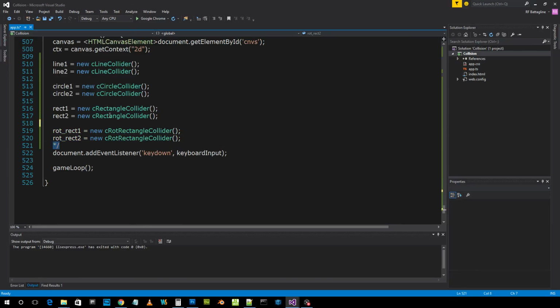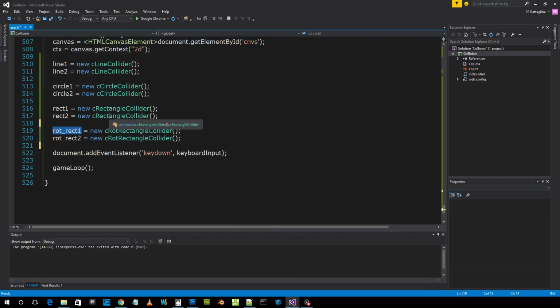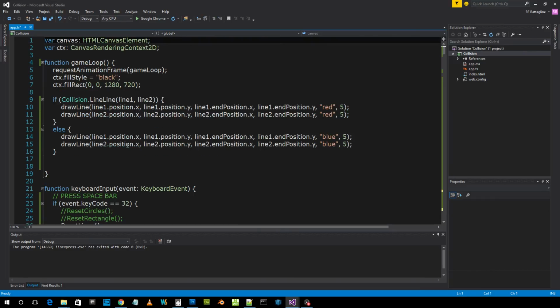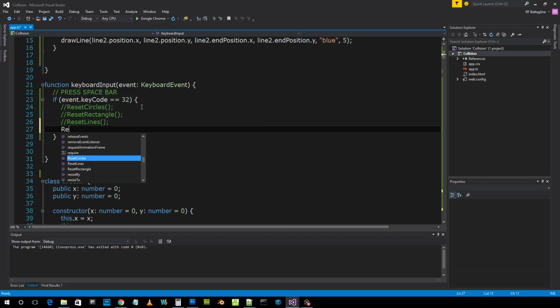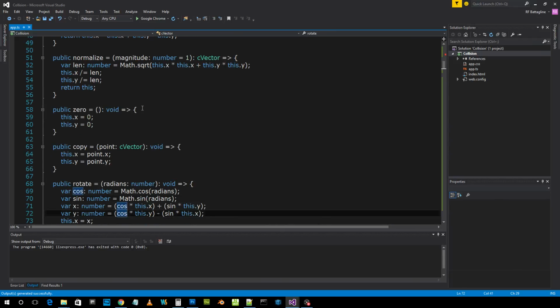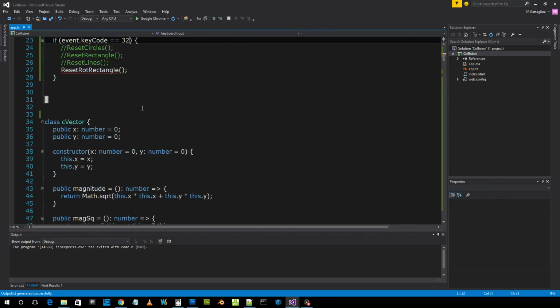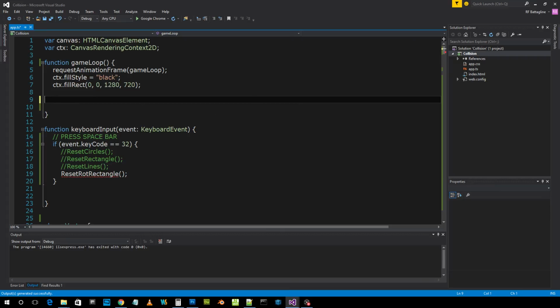Actually create instances, and then home. I need to reset root rectangle. Well, what is this? Vector. Oh, okay. And rather than the line collision, I need to put in